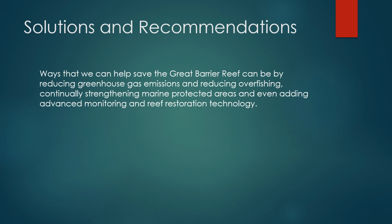You know, engineering controls which can be implemented through the advanced monitoring systems, continuous innovation and design around that sort of stuff, and even the efficiency of the reef restoration technology as well. Preventing coral bleaching. So yeah, definitely engineering will be a very big part of the fight to sustain the